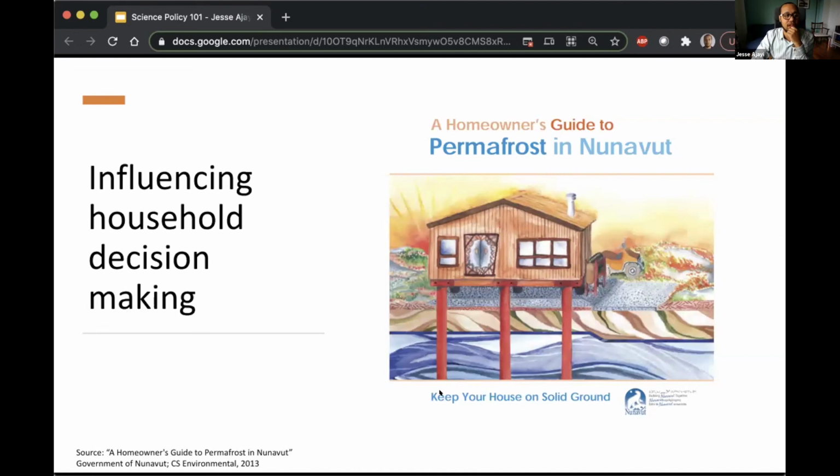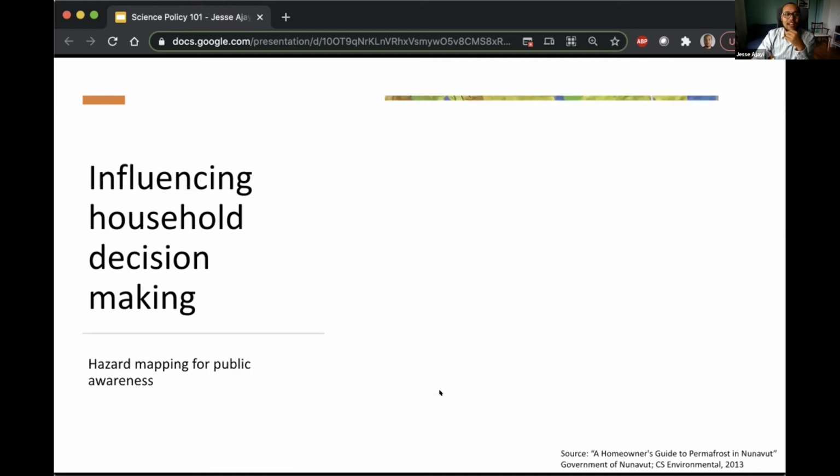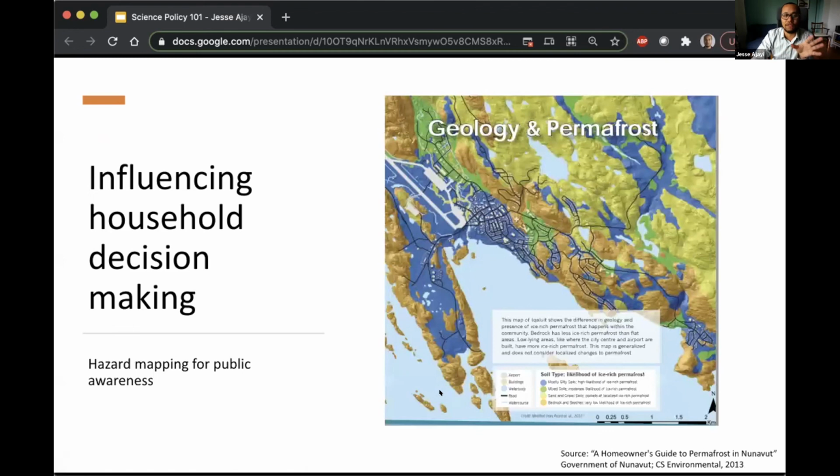But if you're interested, you can have a look at the Nunavut Homeowner's Guide to Permafrost in Nunavut, which you'll notice pulls from the same sorts of things that we've been talking about, but brings that knowledge into the finest level decision making at the household level. So I just thought that was really neat as a way to show that policy can infuse decision making at a variety of different levels when it's communicated well and when it's communicated with the end user in mind. But thanks again so much for your attention and the opportunity to speak about this topic.